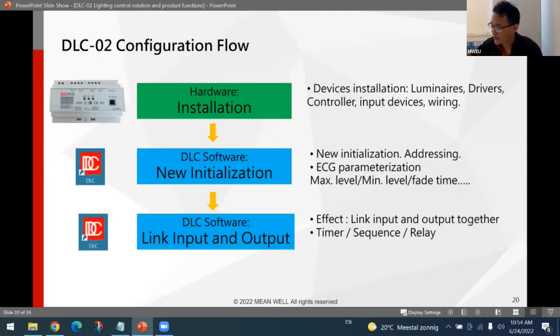Here is the summary of how to configure the DLC and make it work. Firstly, install all units, including the input devices and output devices, and connect the wiring properly. Next, power it on, open the DLC software and let the DLC scan which devices are installed on the DALI bus 9. After initialization is done, parameterize the ECG, for example the maximum or minimum level, phase time,